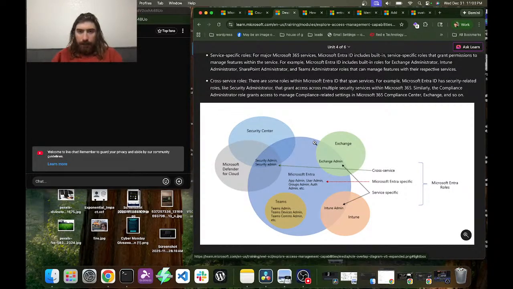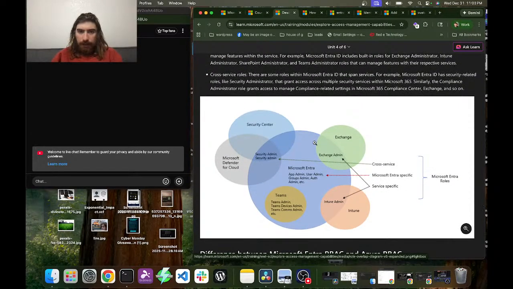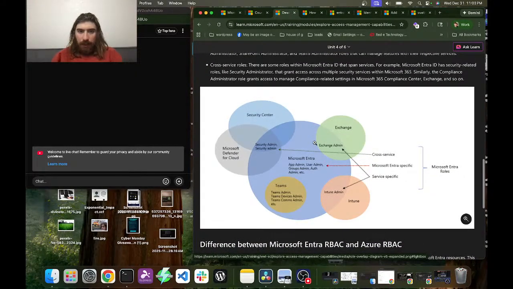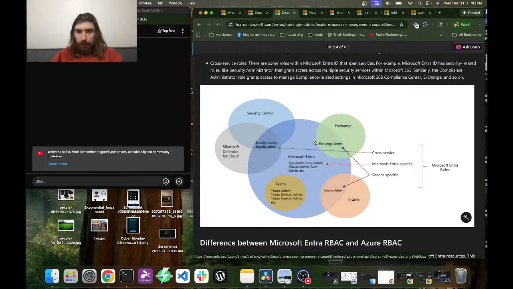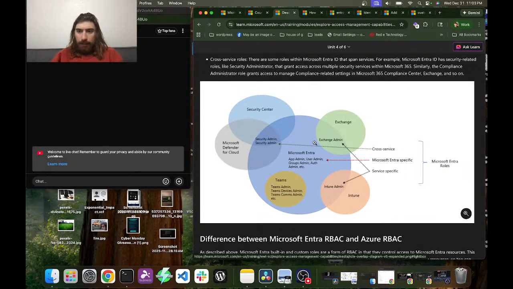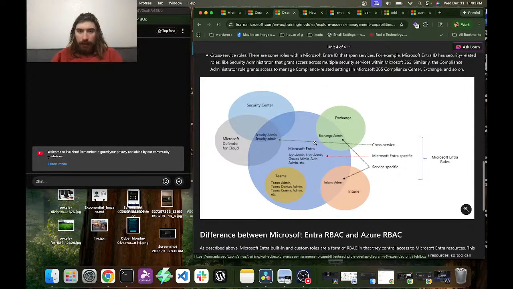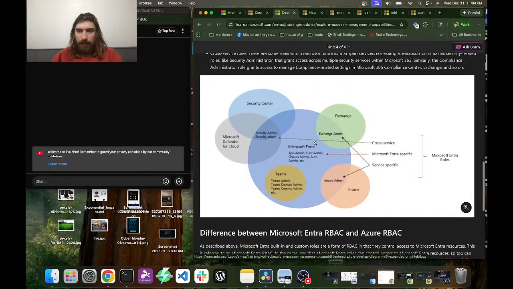For example, Microsoft Entra ID includes built-in roles for Exchange Administrator, Intune Administrator, SharePoint Administrator, and Teams Administrator roles that can manage features within the respective services. Cross-service roles. There are some roles within Microsoft Entra ID that span services. For example, Microsoft Entra ID has security-related roles like Security Administrator that grant access across multiple security services within Microsoft 365.